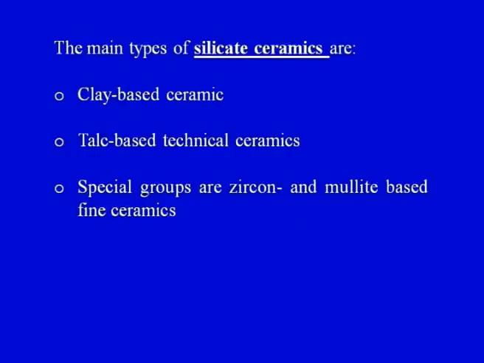Now one by one we will try to understand silicate ceramics, oxide ceramics, non-oxide ceramics and glass ceramics. The main types of silicate ceramics are the most commonly used type of ceramic materials. They are clay based ceramics, talc based technical ceramics, or special groups such as zircon and mullite based fine ceramics. But we can try to understand here that one of the broad categories based on the composition of the material